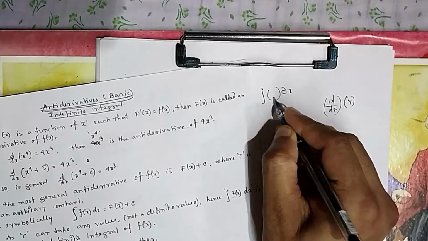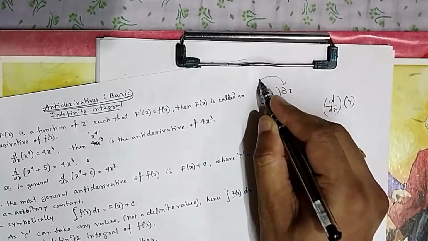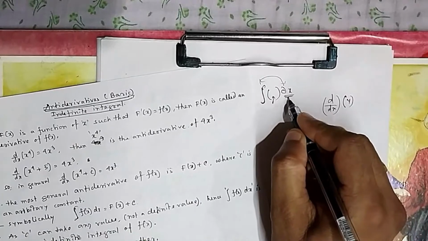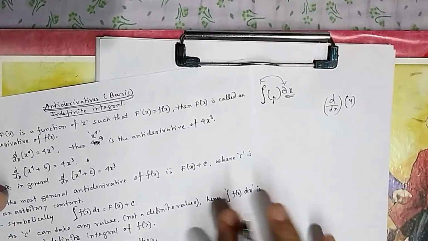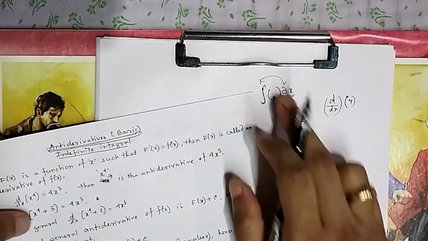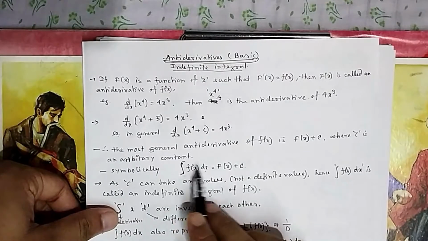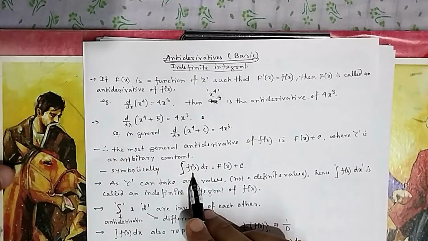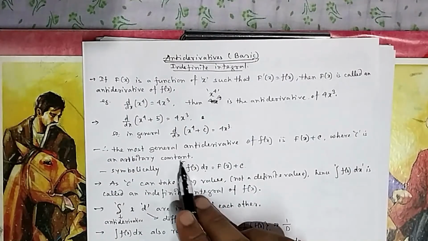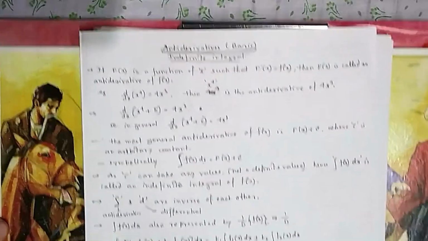Here we place the function whose integration we will take. So this snake and this dx, dx represents with respect to which variable you are integrating. This snake and this dx together make the symbol. There is no product f(x) times dx, it is not like that. It is just a symbol, and in between them we put f(x). So the antiderivative of f(x), or the integral of f(x), is capital F(x) plus c, where c is an arbitrary constant, because